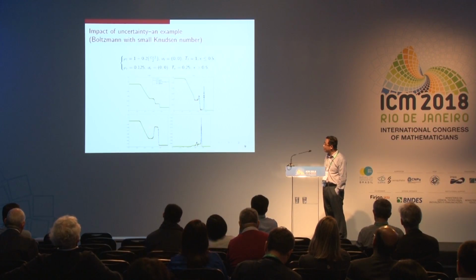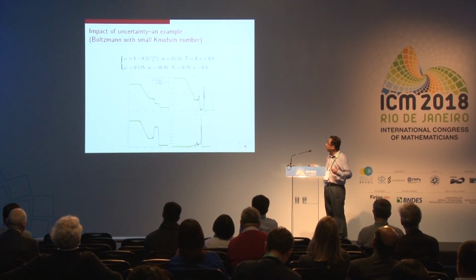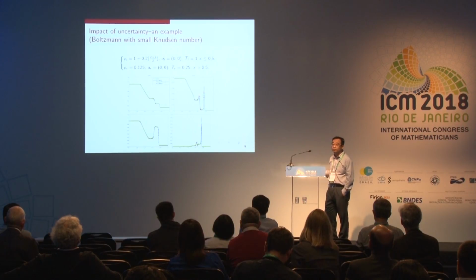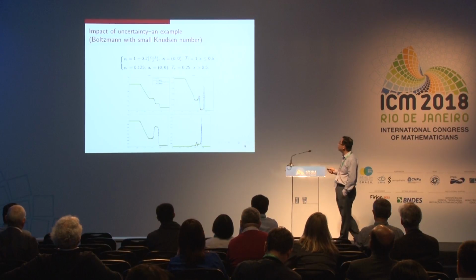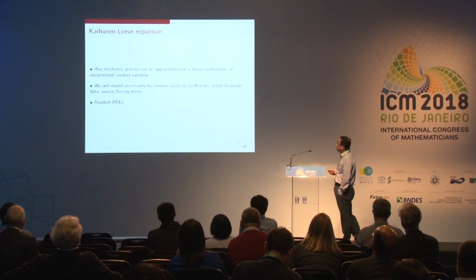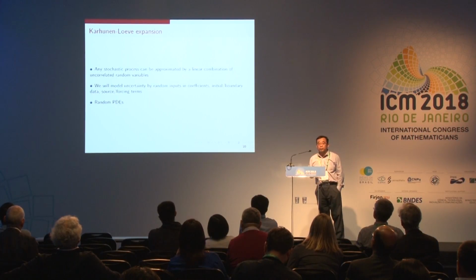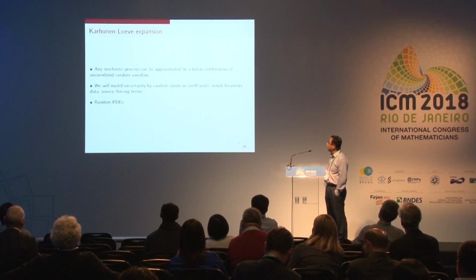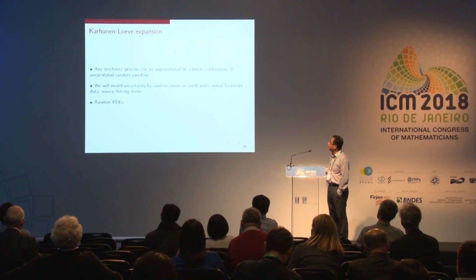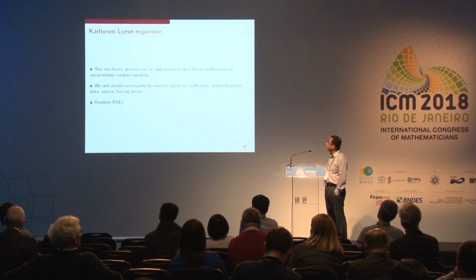Not only do you have to worry about the average, which looks okay, but the deviation is something you worry about. And this uncertainty quantification actually allows you to understand all this statistical behavior when you have a random perturbation. All right. Of course, if you model a random field, a very often used approximation is the so-called Karhunen-Loève expansion, where